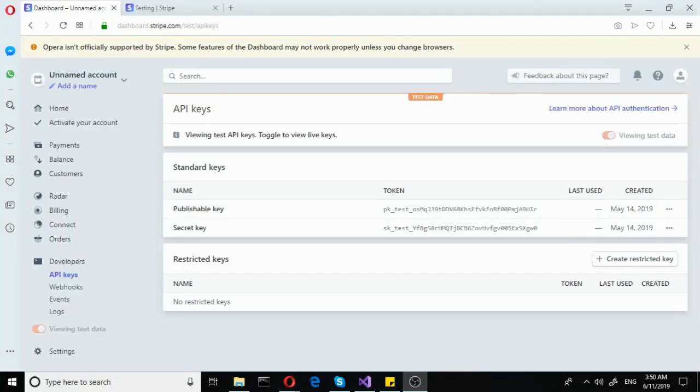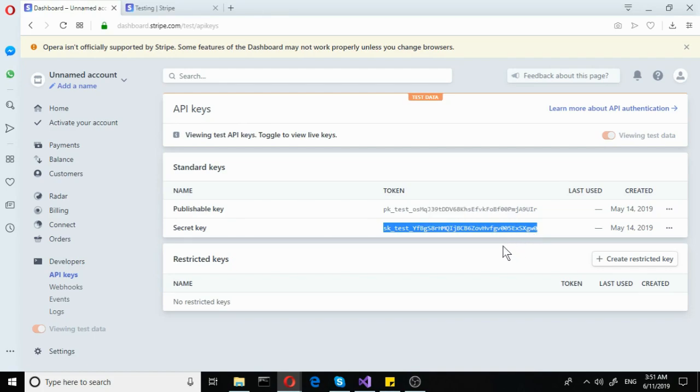Now we can get to the testing part of it all, and we start with the dashboard of Stripe. As you can see, I am in the developer section and in the API keys. In the API keys you'll find a publishable key and then the secret key. The publishable one would be used in client side development. We are not doing that, so we will need to use the secret key. And the secret key has to be very secret, otherwise you will be in trouble. So you just copy that,